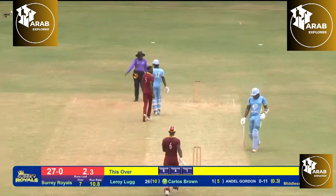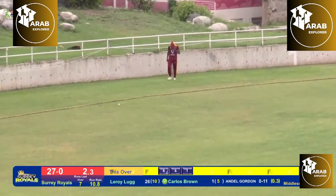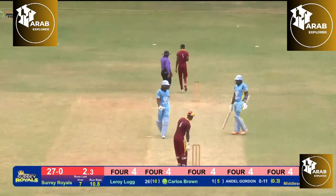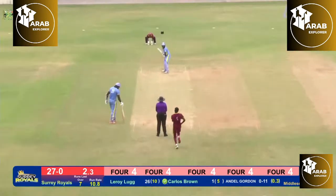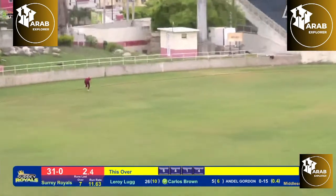I tell you what, the first shot by Leroy Lugg, I say that was a great shot, but I tell you what, this is even better. That was short, that was wide, that was dealt with well by Brown. So that beautiful shot after a not so beautiful delivery coming from Andel Gordon. Surely he should with those